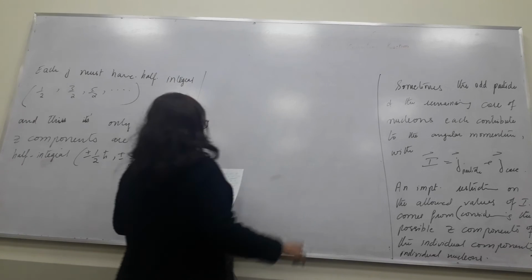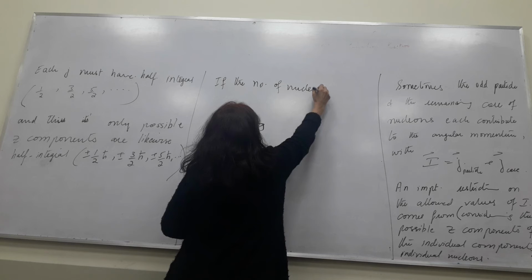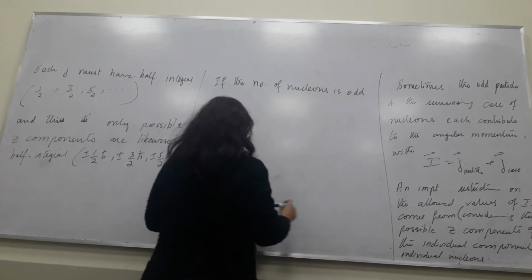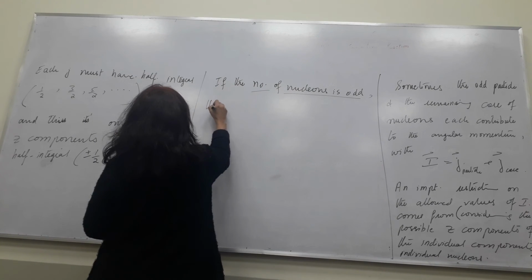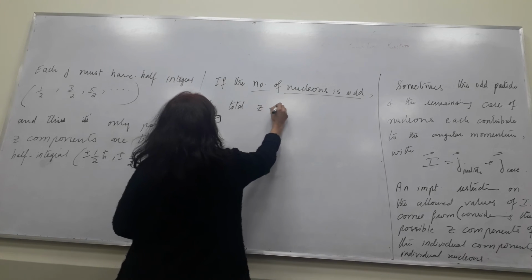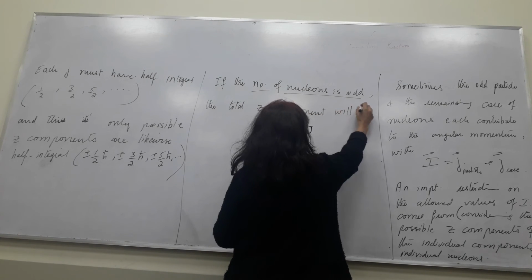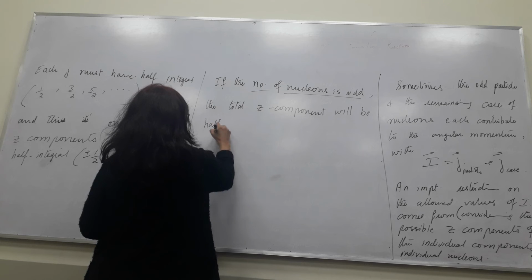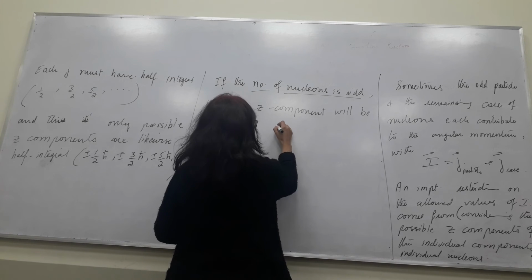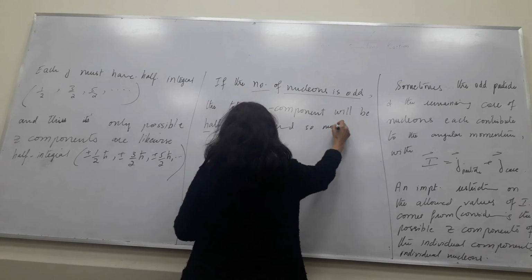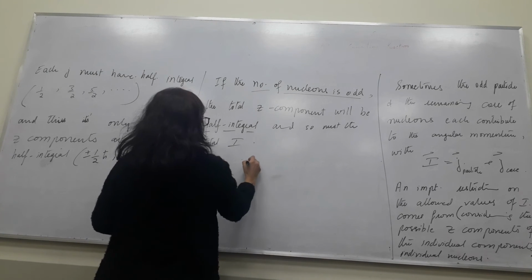So, if the number of nucleons is odd, the total Z component will be half integral and so must the total I, and therefore, we have the rules